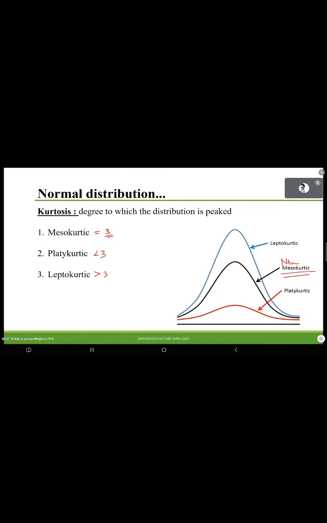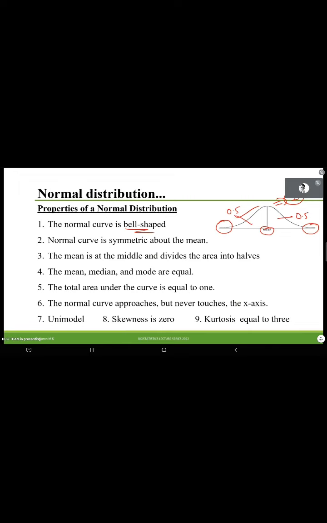So this is another terminology we should know related to normal distribution: kurtosis. Kurtosis is talking about the height. The previous one, skewness, was talking about the shape, whether it is symmetrical. This one is about whether it is very peaked, very flat, or at optimum height. If it is optimum height, it is normal. Fine, no? So whenever we talk about the properties of the normal distribution, we should say that skewness should be 0 and kurtosis should be equal to 3. It is mesokurtic in nature. So these are the theoretical properties. Almost all students may know all these points by heart.